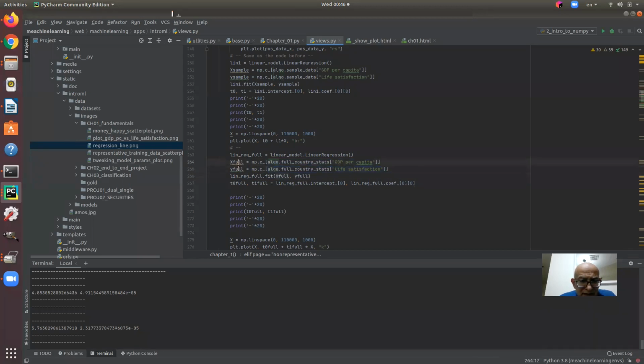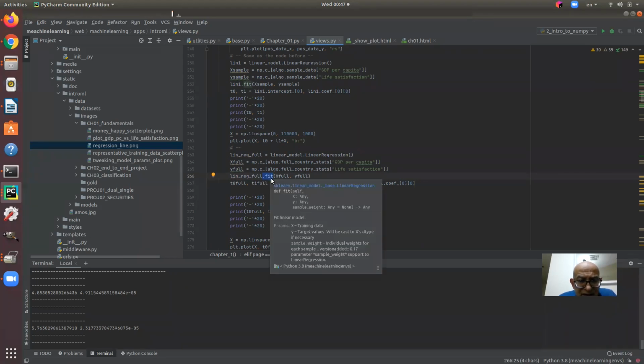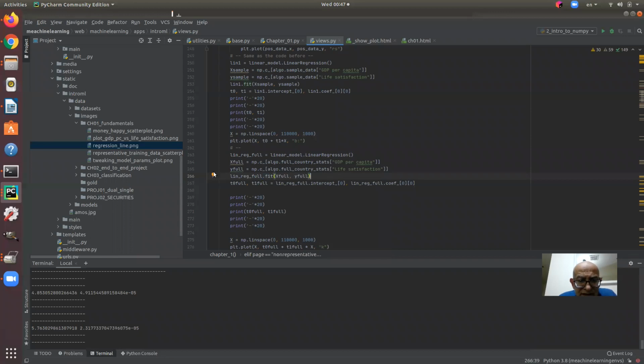So I have X and Y full, and I'm training, pay attention, I have that fit. That model that I defined, linear regression, I'm fitting the data, and after I fit the data, I can pull up again